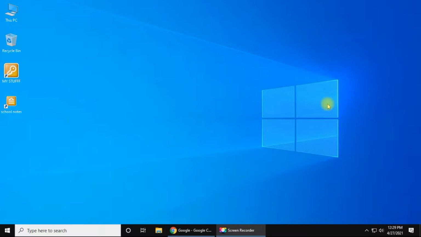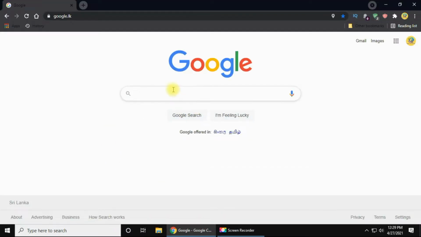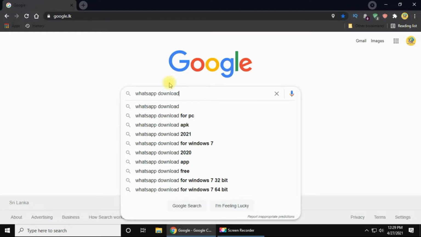So you should first go to your browser. It most commonly may be Firefox, Chrome, Microsoft Edge, Opera or something else. Somehow you should end up in Google and then you should type WhatsApp download and then click on enter,